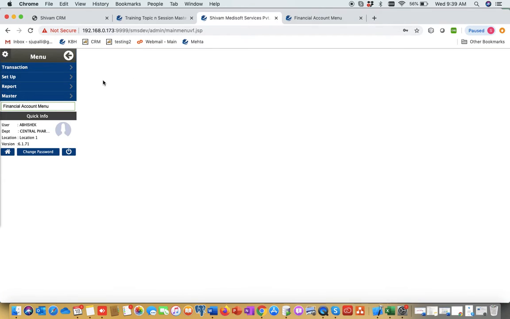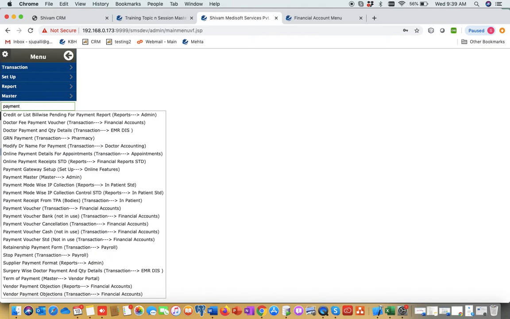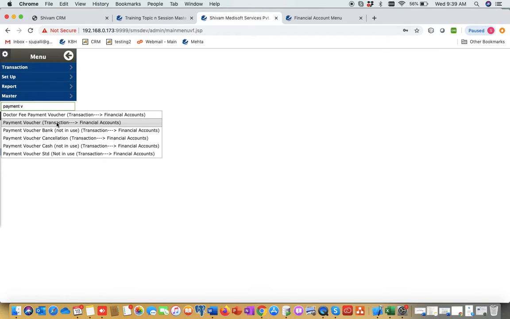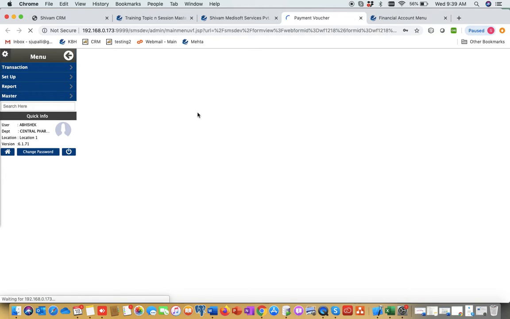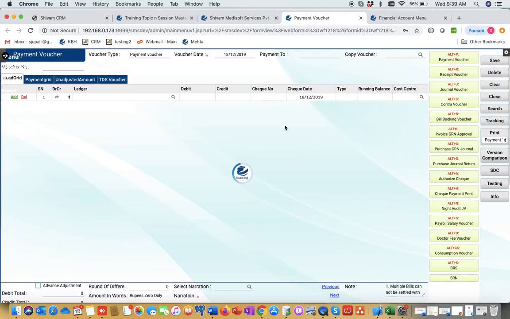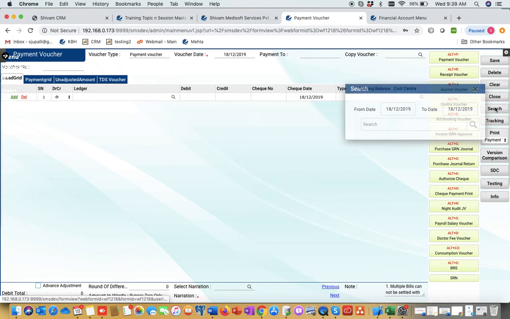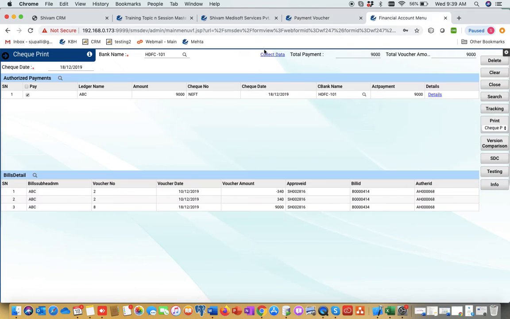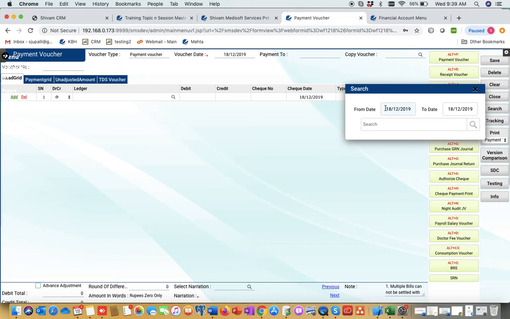Now I will show you how to check. It created one payment voucher. This is the payment voucher. We go to search, now the date. Our check date is 18/12/2019, so the voucher generated on the same date.